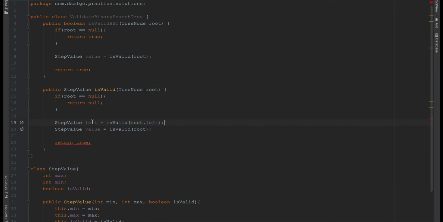This step will recursively call this method. We are recursively calling this method again with the different nodes in the tree, and for each and every node we'll verify if its subtree is a valid BST or not. At each step we'll know whether the subtree that we have already passed is a valid BST or not.